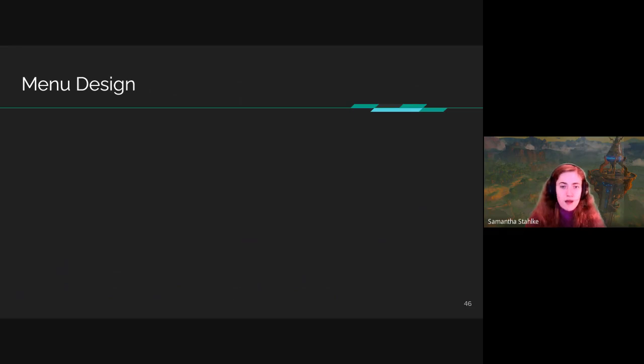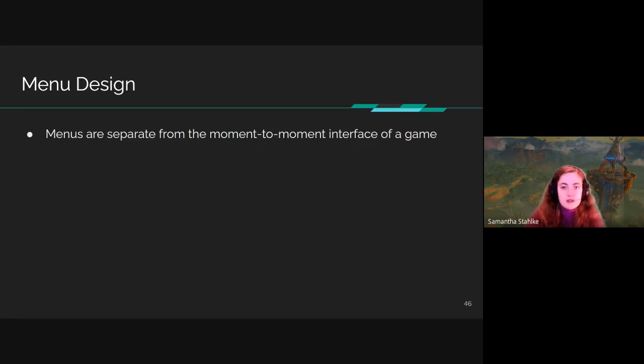And before we move on, I want to talk a bit about menu designs as well. Obviously, menus are one of those virtual interfaces we talked about, where you have buttons that you're pressing or fields that you're selecting and that type of thing. So menus in general are separate from the moment-to-moment interface of a game. You don't, generally speaking, have a menu visible at all times while you're playing. Whereas your HUD is always on and always giving you information, a menu is something you will pull up contextually